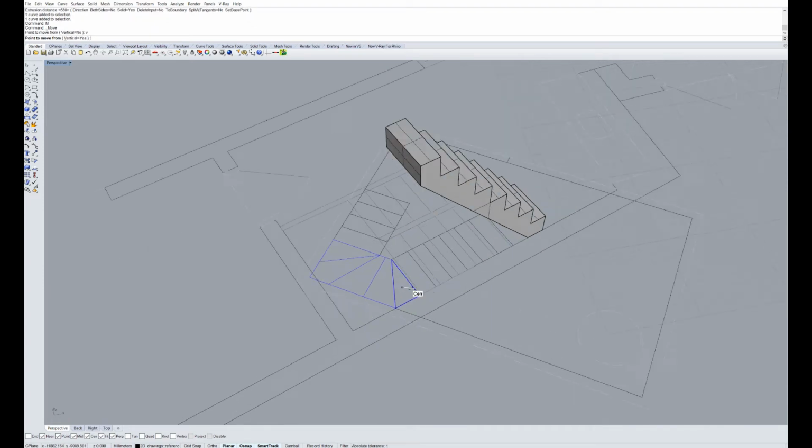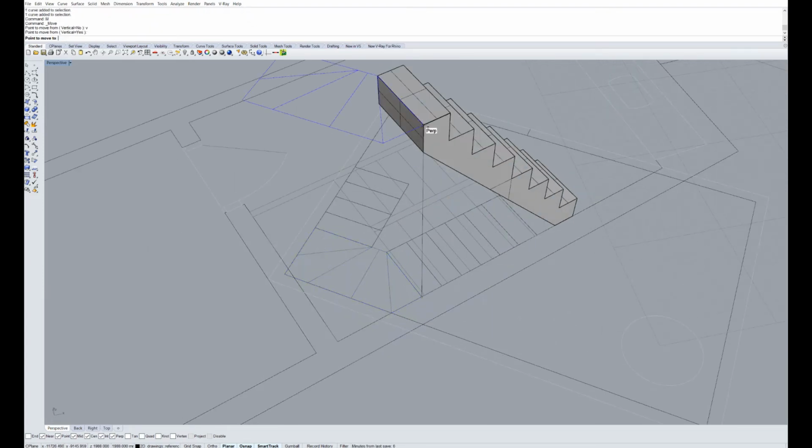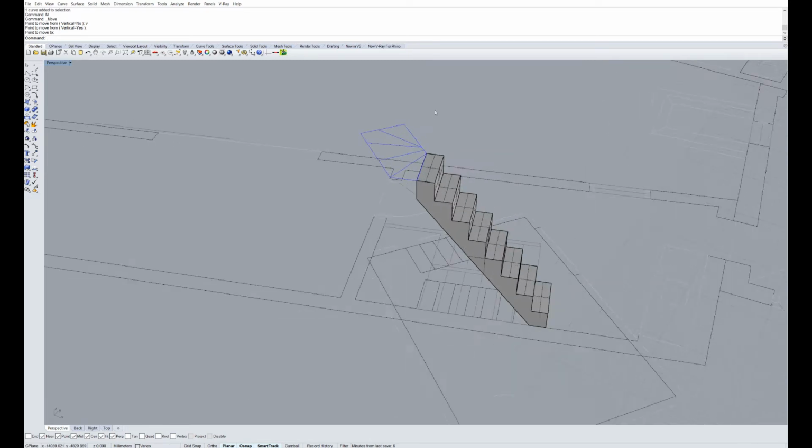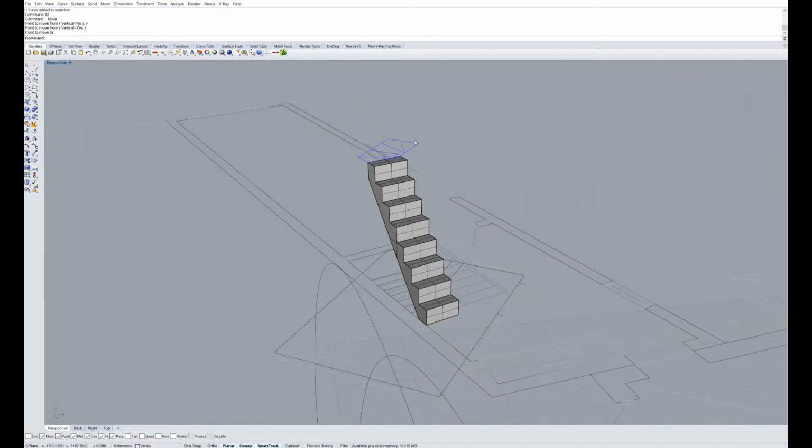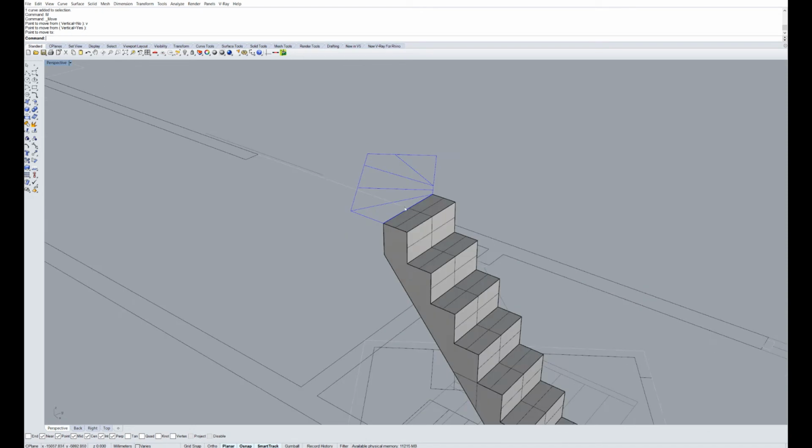To move stuff vertically, you just press M, enter, V, enter, and then just drag it up. When you press V, it locks the movement to the vertical axis. So it's M, V, and I'm just going to move it up to